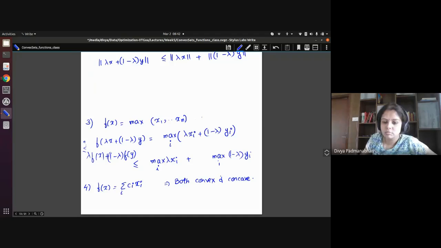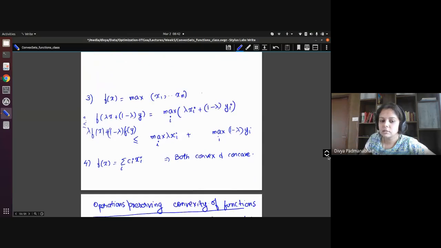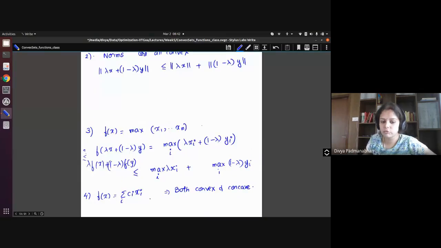Okay, so that's why this inequality holds true. And so hence this convexity follows as a result of that. Now another thing is functions of this form, f of x is summation c_i x_i. So these are actually linear or affine functions, you could call it, and these are actually both convex as well